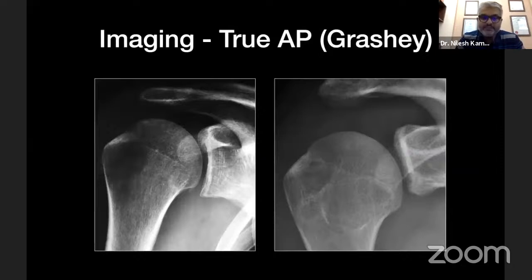So when we are looking at a patient on true AP, you can see that you have the double cortical sign. That means you have a dense sclerotic line which is along the anterior-inferior part. As opposed to that, in a patient who presents with bone loss, you can see that the dense sclerotic line is present on the superior aspect because both the cortices are superimposing. But when you're looking at the anterior-inferior portion, the sclerosis has disappeared because you don't have two cortices, and this is the loss of the double sclerotic line or double cortical sign.